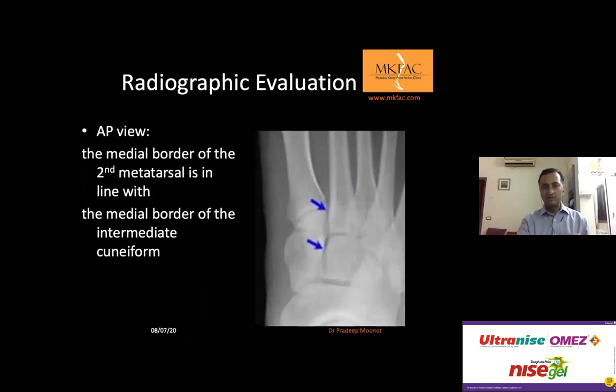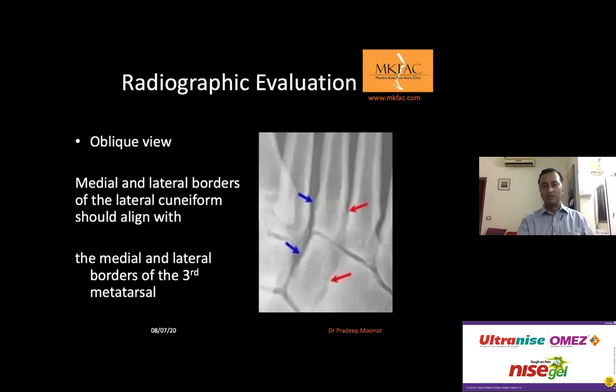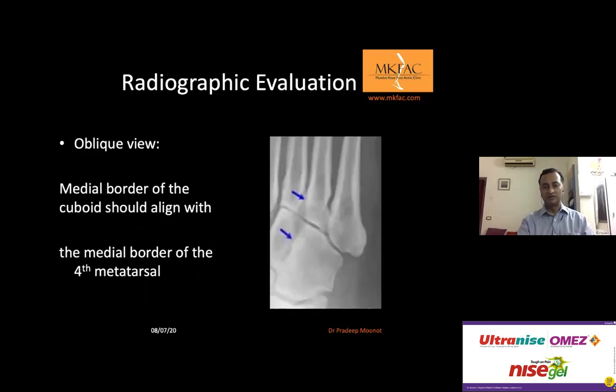On an AP view again, the medial border of the second metatarsal is aligned with the medial border of the intermediate cuneiform, like this. On an oblique view, the medial and lateral borders of the lateral cuneiform are aligned with the medial and lateral borders of the third metatarsal. Again, in an oblique view, the medial border of the cuboid should be aligned with the medial border of the